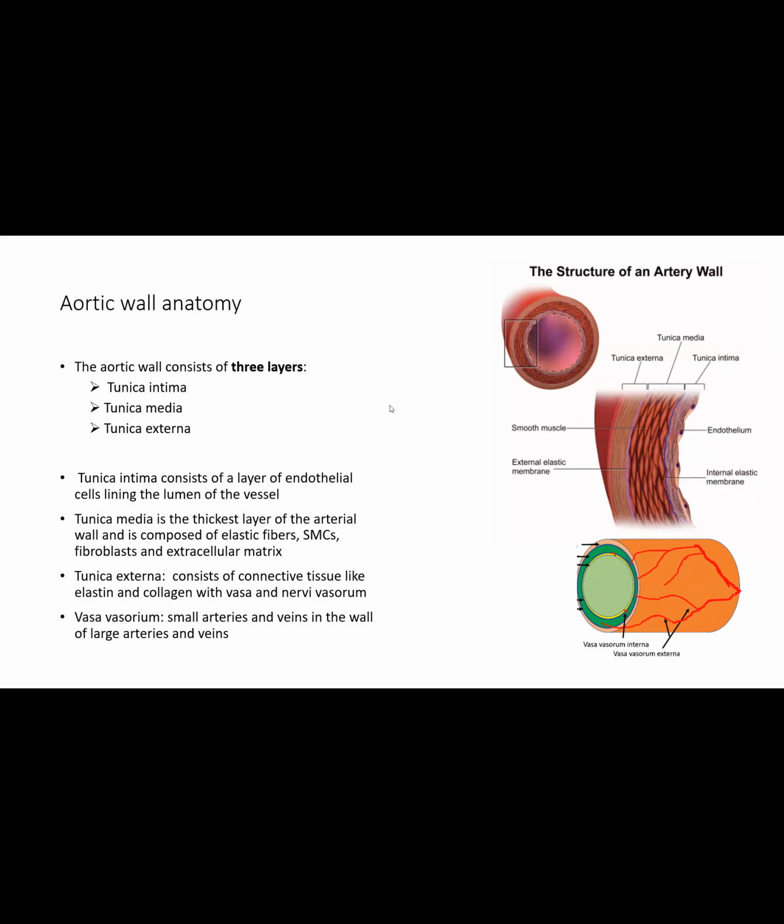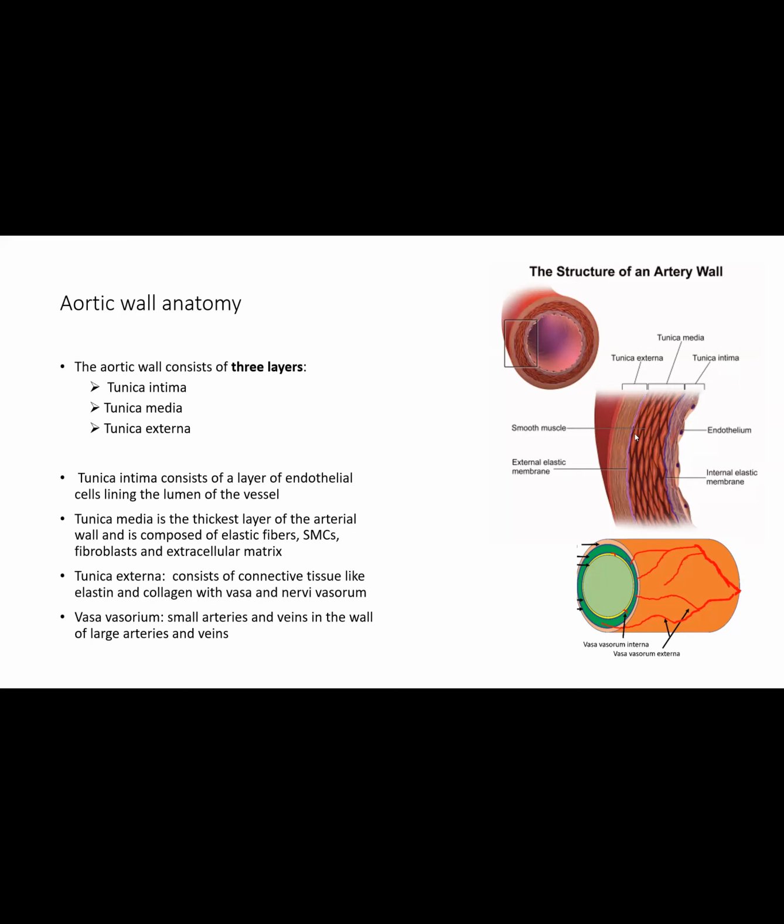All right. Okay. So the aortic wall consists of three layers: the intima, the media, and the adventitia. And the tunica intima consists of a layer of endothelial cells, which are lining the lumen of the aortic vessel, as well as the subendothelial layer, which is made up of mostly loose connective tissues. And it also consists of tunica media, which is the thickest layer of the arterial wall, and it's composed of